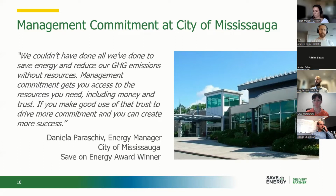This is a story from Daniela Parashiv. She is a Save on Energy award-winning energy manager. We are looking at a picture of the Frank McKechnie Community Center, and that is Canada's first municipal facility to be certified ISO 50001. So she is doing amazing things, but she is only able to do that because she